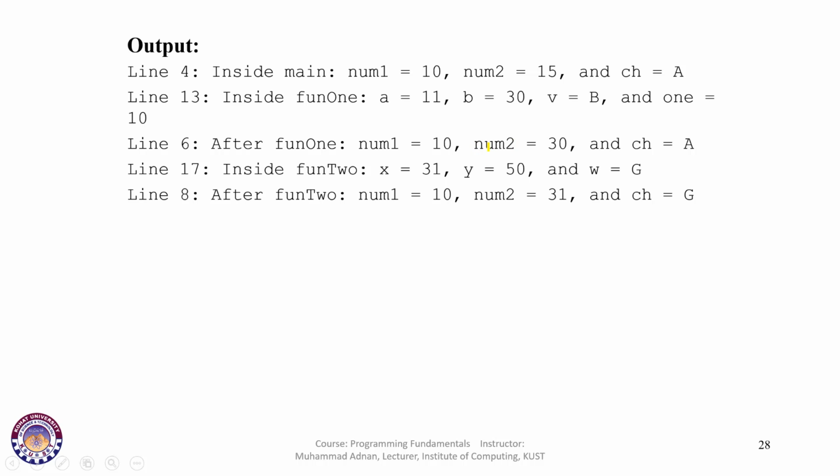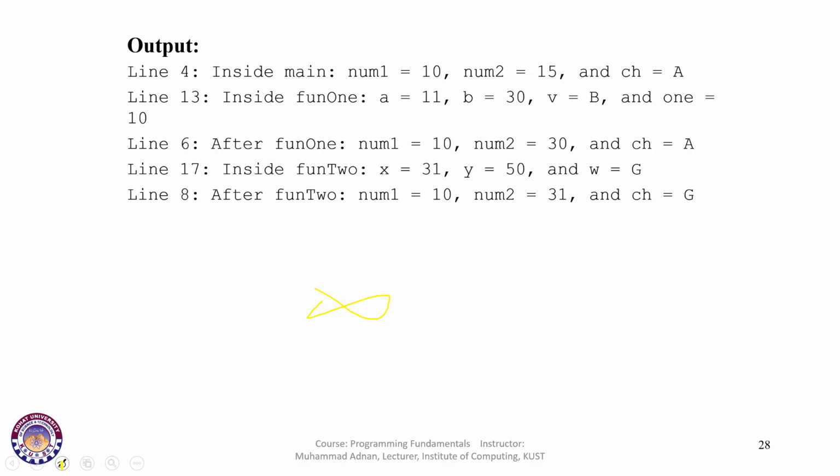Only the address of a variable is passed, which is num2, so the num2 value gets changed because we passed the reference of num2, the address of num2. So using this address we change the value of b. So b and num2 are pointing to the same variable, so that is why, because both of them are pointing to the same location, the changes are reflected both in the main function and in function 1. Then inside function 2 we